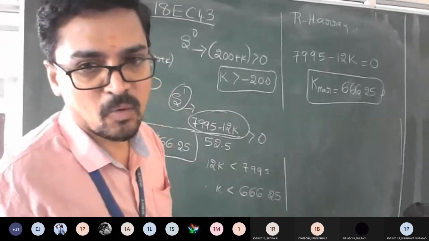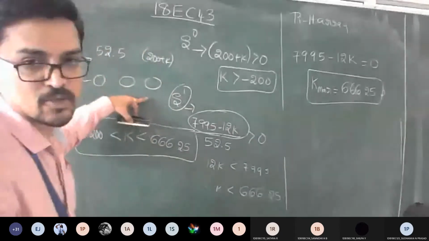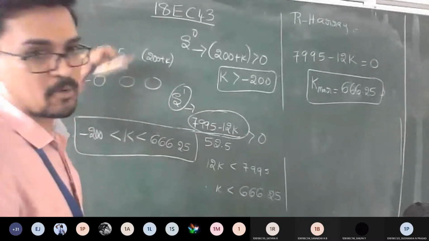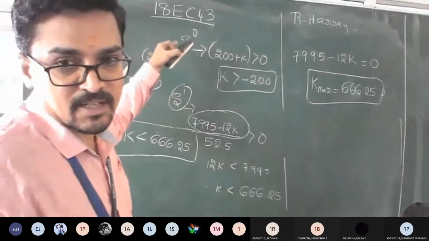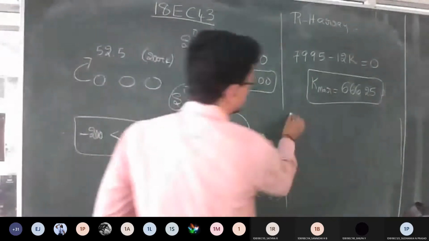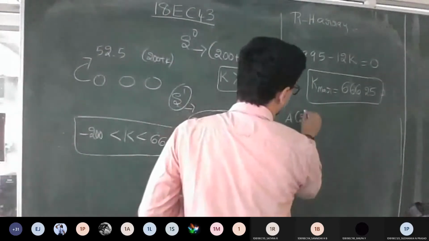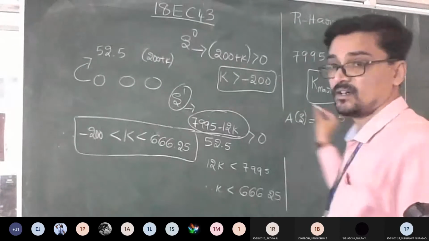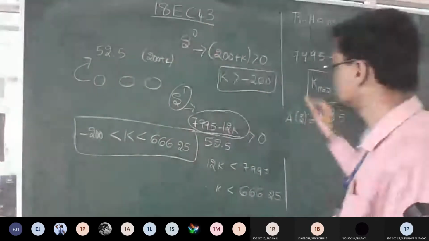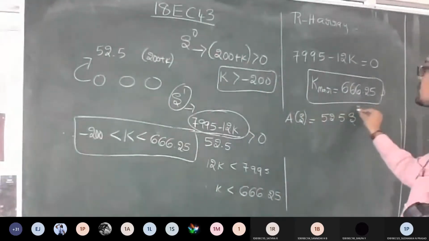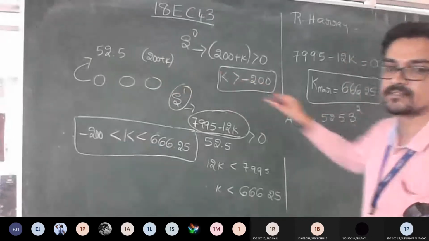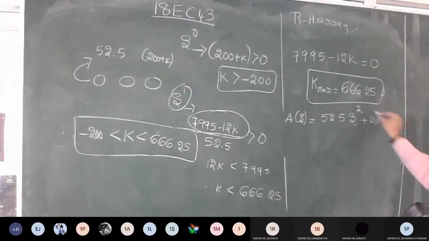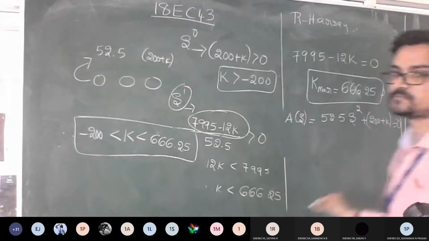So if you choose the s power 1 row as 0, 0, then the auxiliary equation is written from the row above it. That is the procedure. So what is the auxiliary equation now? Is it 52.5? What is that coefficient there? Is it s square? Look at the table and tell me. 52.5 s square plus 200 plus k equal to 0.